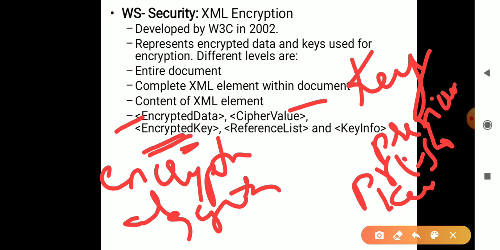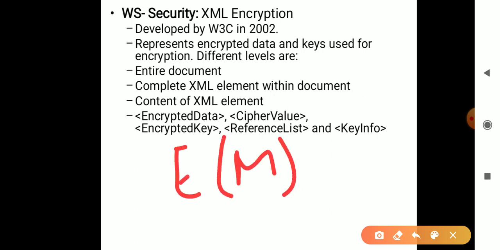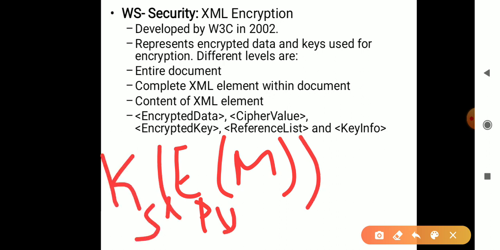Now whenever these segments are being used, that is, messages are being exchanged using this encryption, at that time they are going to use this reference list so that they can refer to which key is being used for the encryption. If you usually remember, whenever we are sending messages, we are encrypting this one, let us assume, with the public key, and meanwhile even this is again encrypted with the session key.